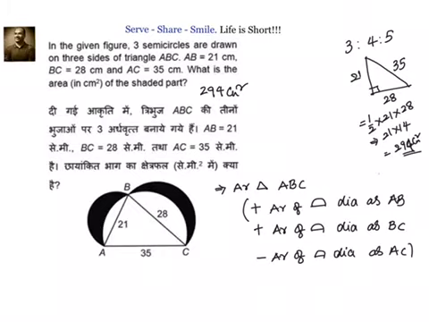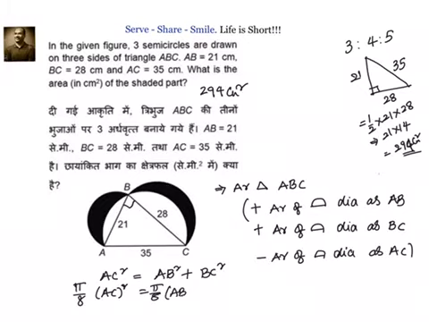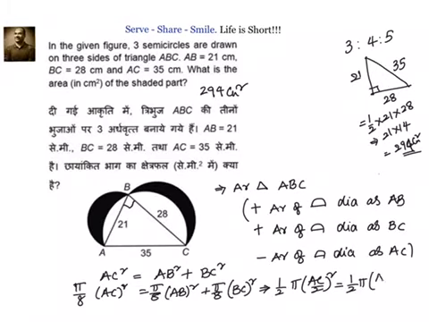We know this angle is 90 degrees. That means we know AC square is equal to AB square plus BC square. Now once we know that, let us multiply with pi divided by 8. Pi by 8 into AC square is equal to pi by 8 into AB square plus pi by 8 into BC square. That's exactly equal to half into pi into (AC by 2) whole square is equal to half into pi into (AB by 2) whole square plus half into pi into (BC by 2) whole square,